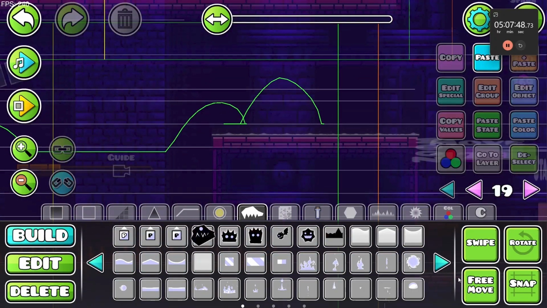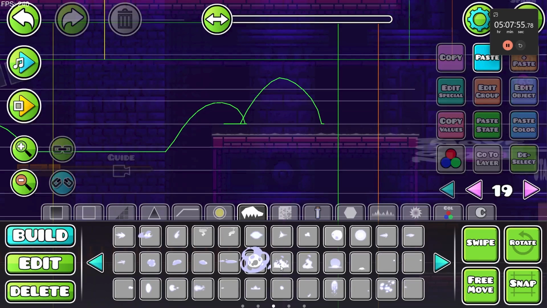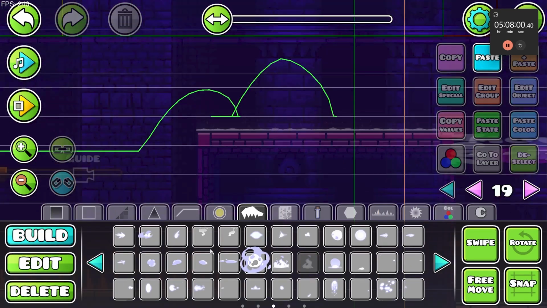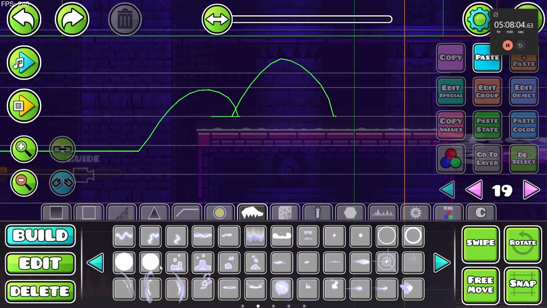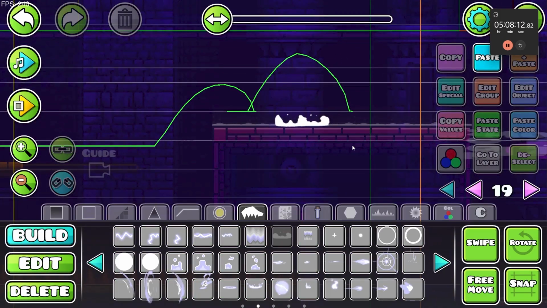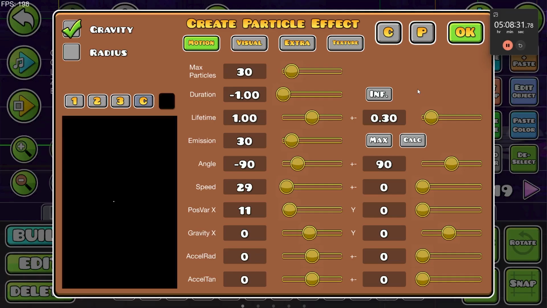So what I'm gonna do is I'm going to make these custom, which is going to be a bit hard, but I think it's going to be fine because this level really is not that long. Thing is, I don't want it to be a fire or something like that. I want it to be something like an alien thing, you can say. I might be able to use these, and I want some kind of something that's just going to come from below. Not sure what it's going to be. Oh, I got a good